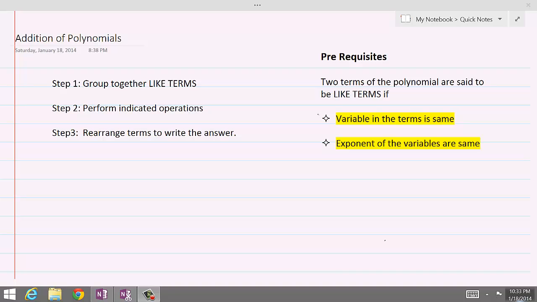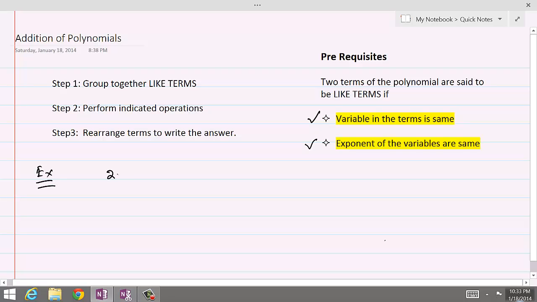Like terms, as indicated in the prerequisites: for two terms to be called like terms, the variables must be the same in both terms and the exponents of those variables must be the same as well. So let's solve a question. Example,